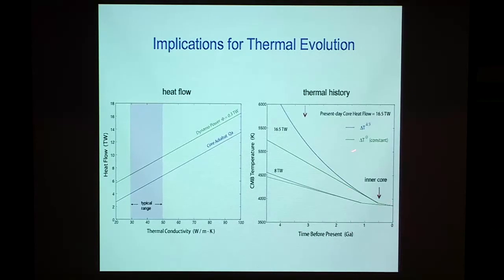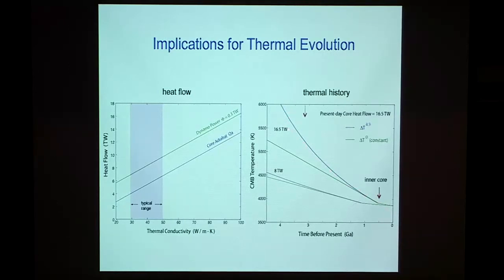If we had 16 terawatts of heat coming out of the core, constant all the way back through time, then the inner core would have formed a little bit more than 500 million years ago. And then we would have evolved up to these sorts of temperatures. These are temperatures at the core-mantle boundary at the earliest stage. If we try to do some sort of crude boundary layer analysis where the heat flux is proportional to the 4/3, which just comes out of that Nusselt number, Rayleigh number relationship, then we evolve along this curve, assuming that